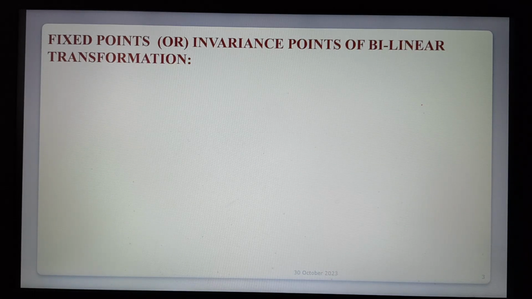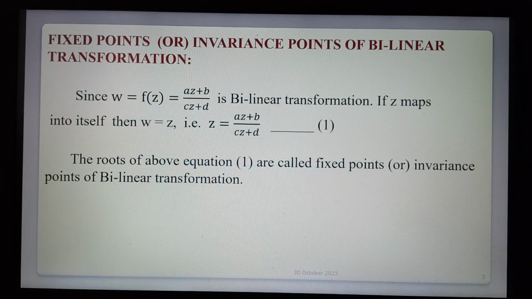Next definition: fixed points or invariant points of a bilinear transformation. Since w = f(z) = (az + b)/(cz + d) is a bilinear transformation, if z maps into itself,